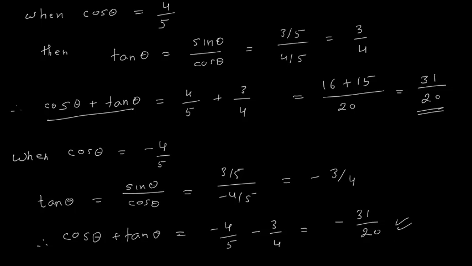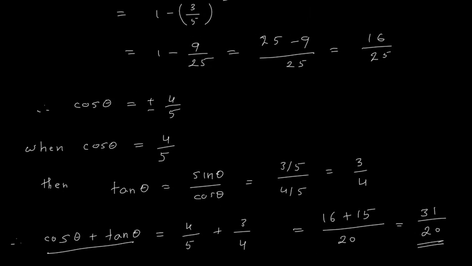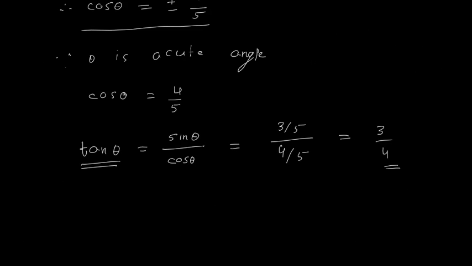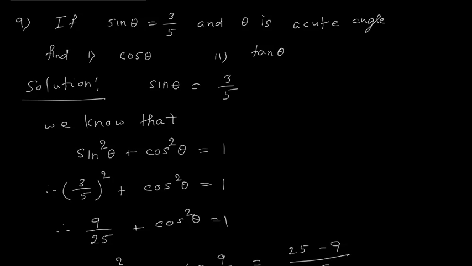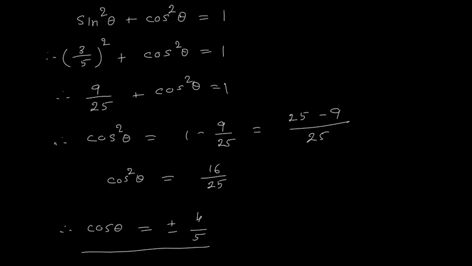Yes. So in this lecture we have used 3 identities. What are those 3 identities? First identity is sin square theta plus cos square theta is 1. Second identity is 1 plus tan square theta is sec square theta. And the third identity is 1 plus cot square theta is equal to cosec square theta. So maybe we will see problems related to those identities in the next lecture.